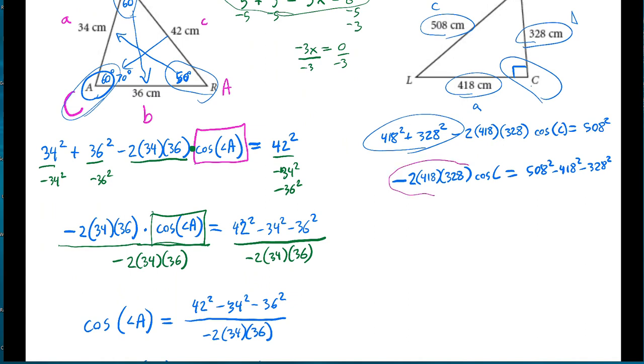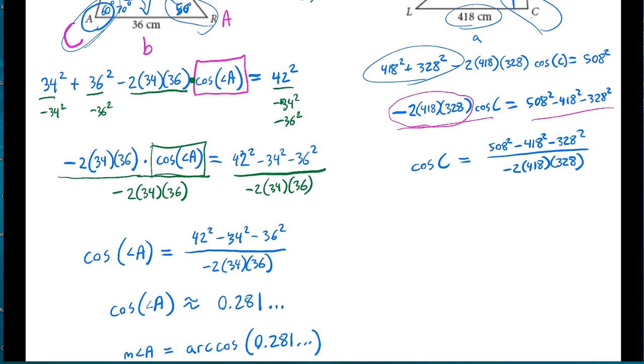So the coefficient of cosine C is this, so we divide that on both sides. And what we end up getting is the cosine of C is equal to 508 squared minus 418 squared minus 328 squared all over negative 2 times 418 times 328. And so what that means is the measure of angle C is equal to the arc cosine of, and then we just rewrite that entire term right there. This way you just take the inverse cosine of that and get that. All right, so that's the